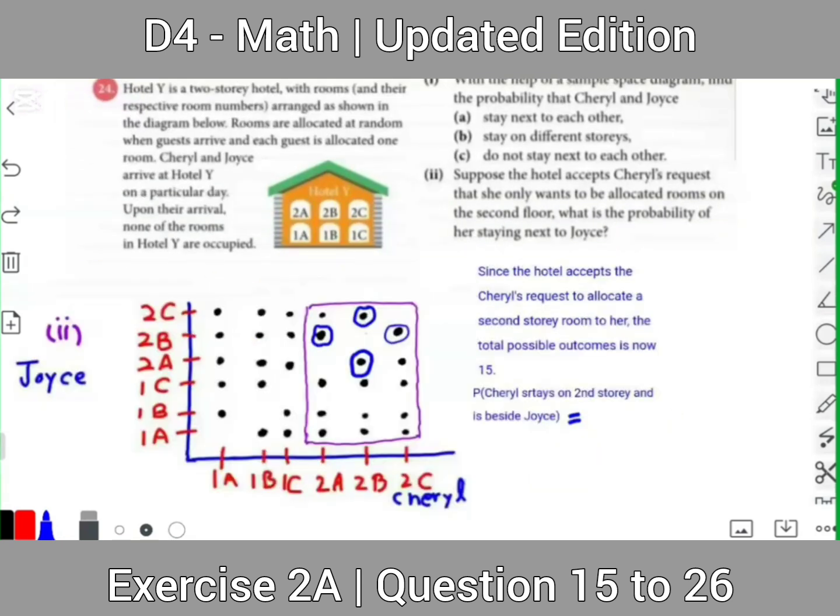Now in part 2, we have to suppose the hotel accepts Chiral's request that she only wants to be allocated rooms on the second floor. What is the probability of her staying next to Joyce? So since the hotel accepts Chiral's request to allocate a second story room to her, the total possible outcomes is now 15. Now we have to find out the probability